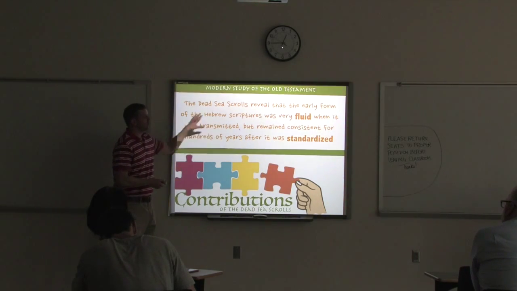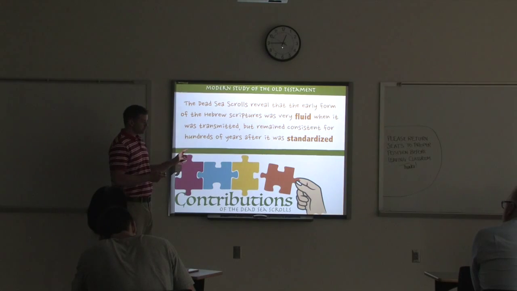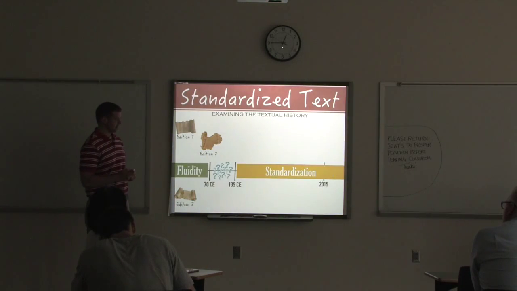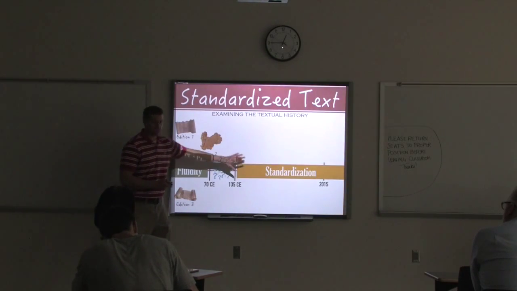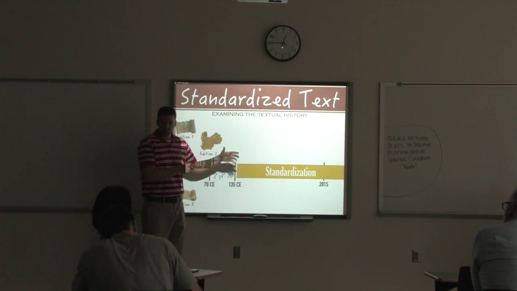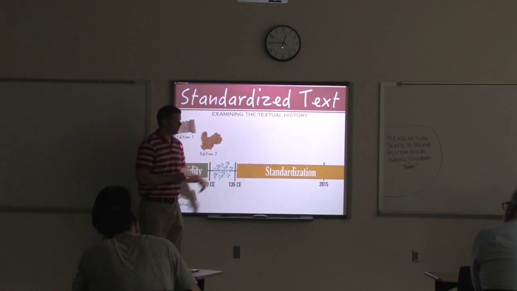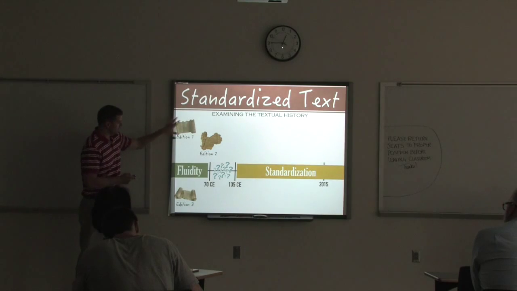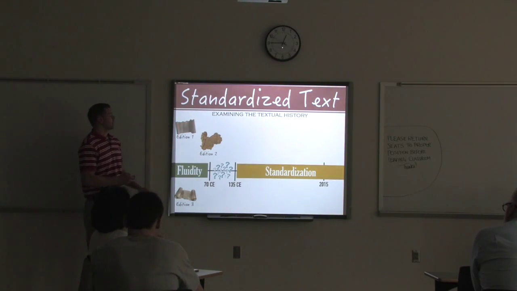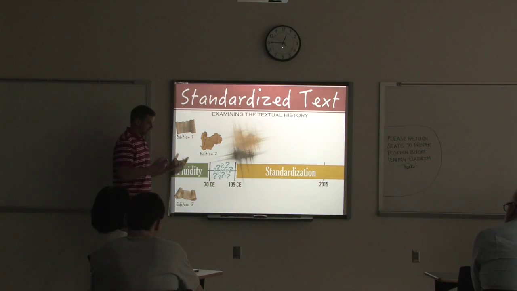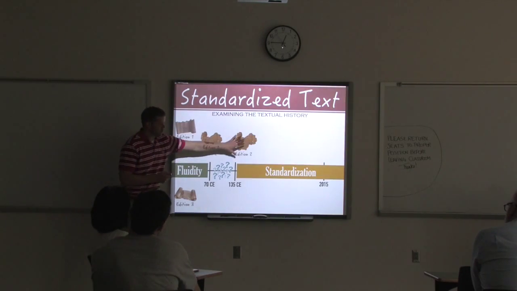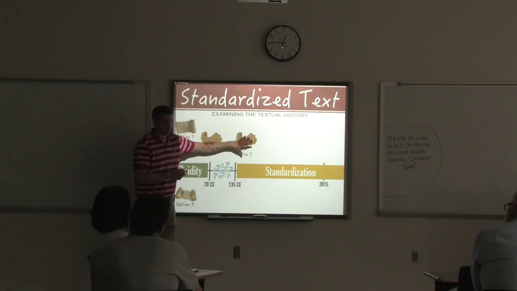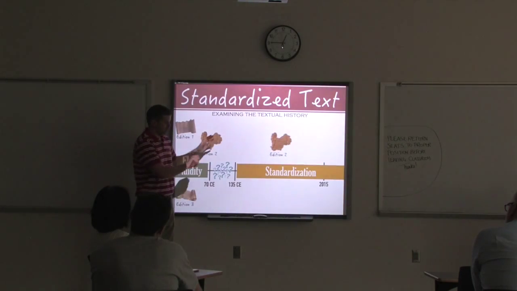So there was much fluidity among these texts. But once the text was standardized, what does that mean? Once the text became standardized, it lasted without much change at all, or variation, for a long, long time. So if this is before Jesus, lots of variations, different editions that floated around, something happened, we don't know exactly what, but one of these texts was chosen and it became the standard edition. It then lasted without much change at all.